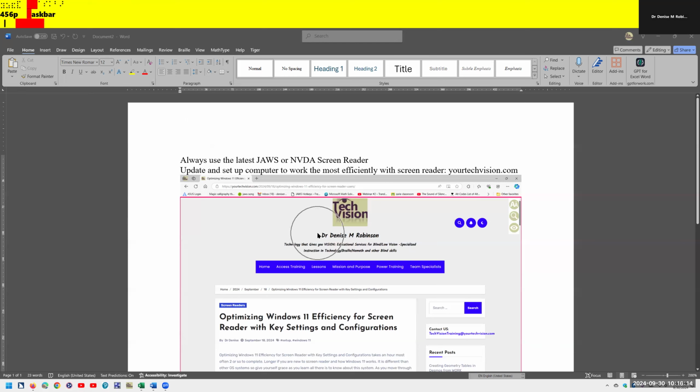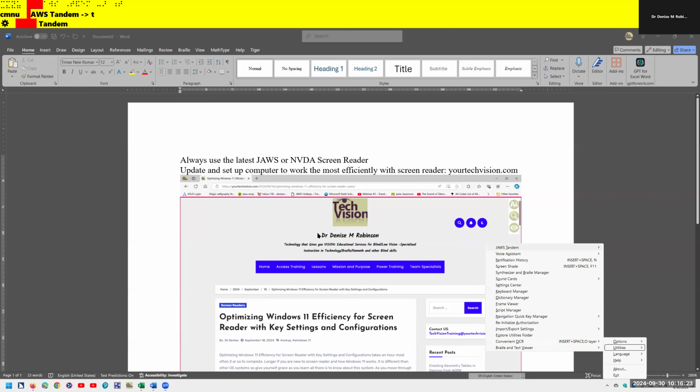Escape, taskbar. Let me show you how to enable your Braille viewer on JAWS. Windows 1 again. Windows 1. JAWS context, utilities. Down to submenu, utilities, right arrow. JAWS tandem submenu. Up arrow once. Braille and text viewer submenu. So you're going to hit enter on that, and you also can actually go into your JAWS settings and change